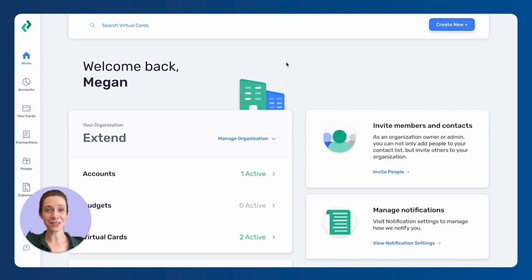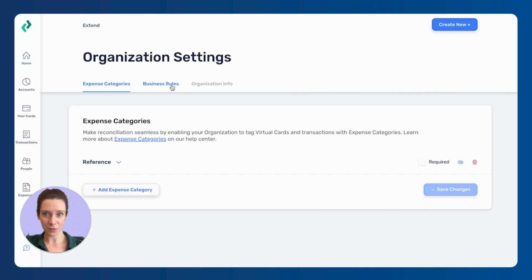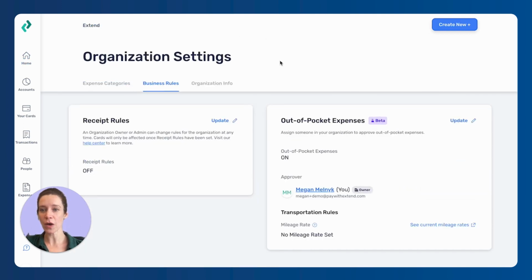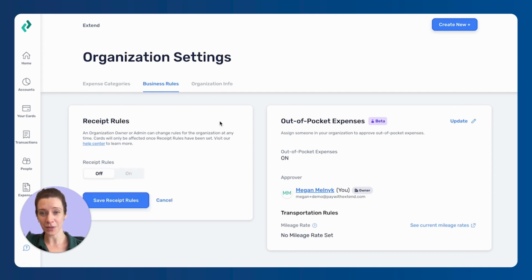So in order to set up those rules, we're gonna go and hover over Manage Organization. You're gonna wanna choose your organization settings right here and business rules. So you'll see right here, these are our receipt rules. In order to turn them on, you just wanna update here